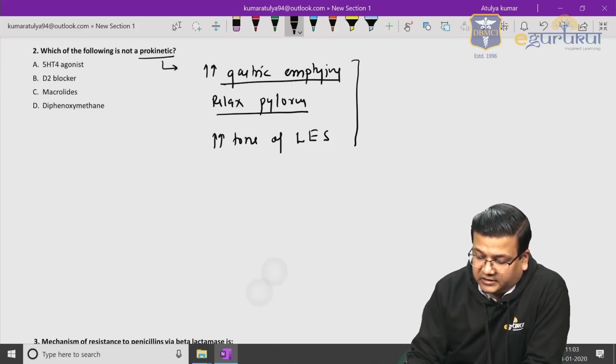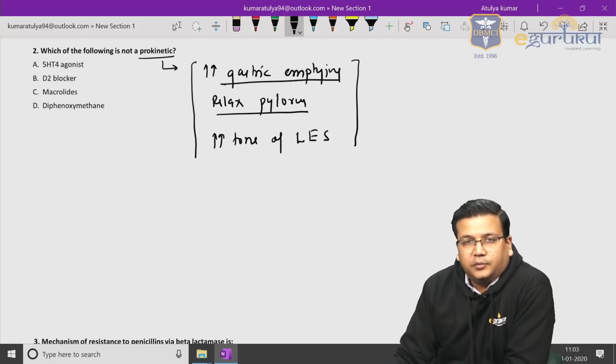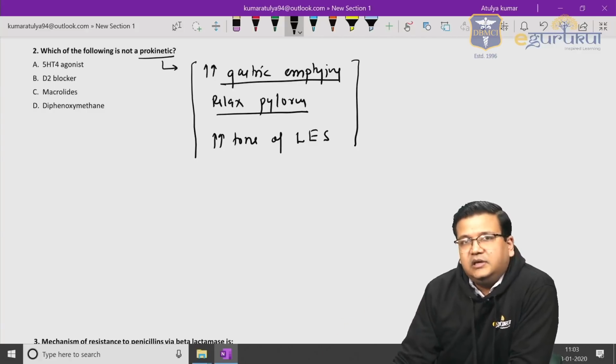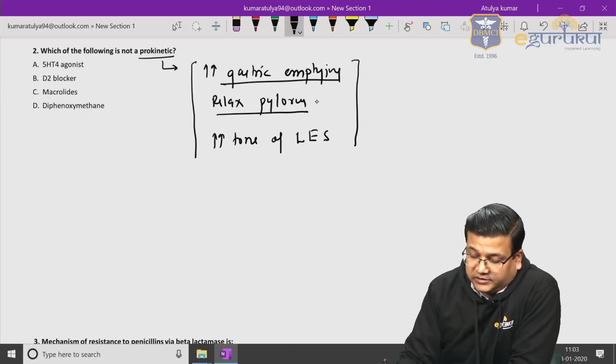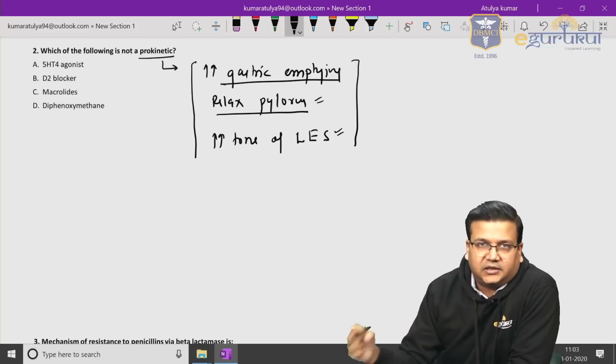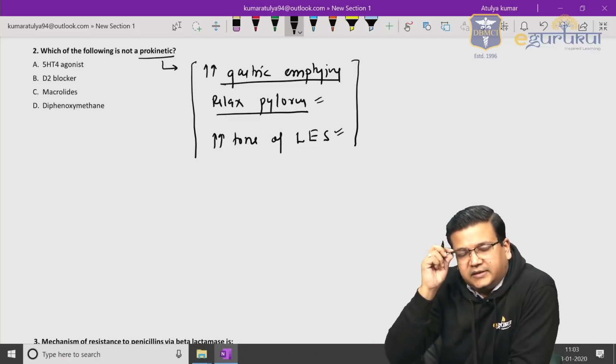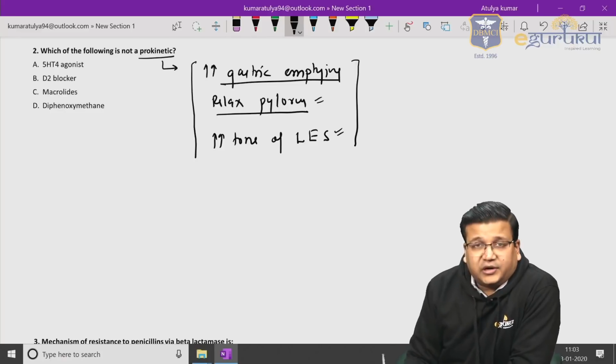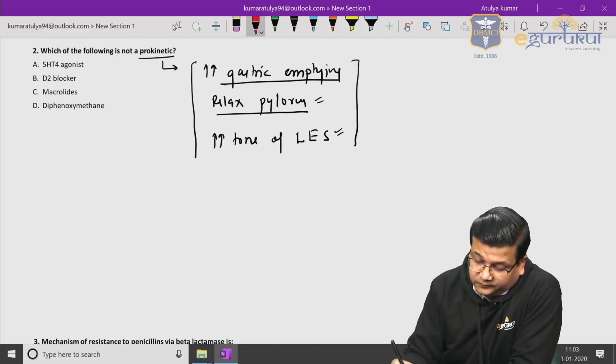So 3 points are essential for a drug to be called prokinetic. Basically, it will increase the gastric emptying, so gastric content will move faster into the intestine. The pylorus has to be relaxed and the lower esophageal sphincter has to be constricted so that its tone increases and the gastric content does not regurgitate. Now, which drugs are prokinetics? Number 1,